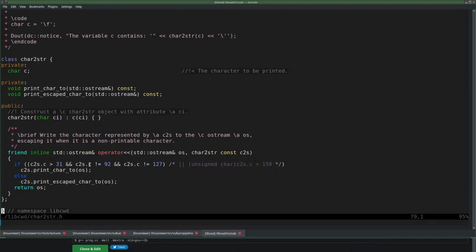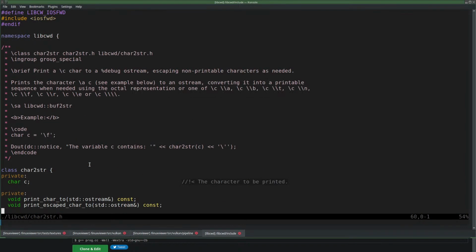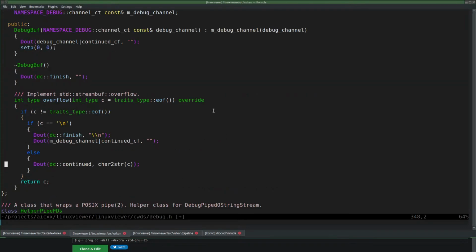So I use it here. Yeah, you can just do that. As long as you're inside this macro, it will pick up the namespace. I'm self-taught, I guess.